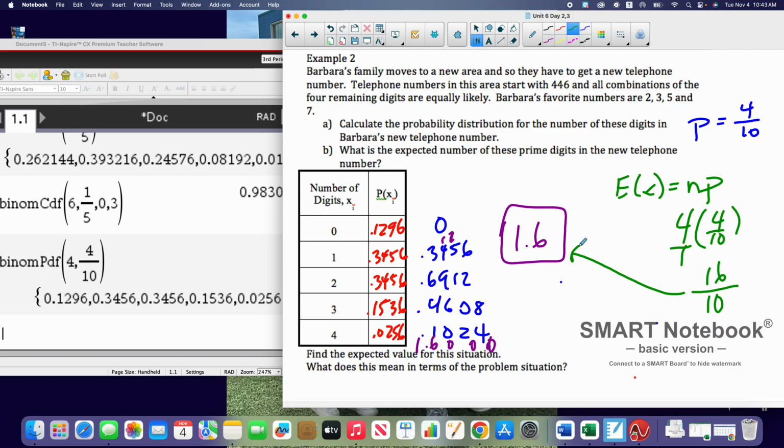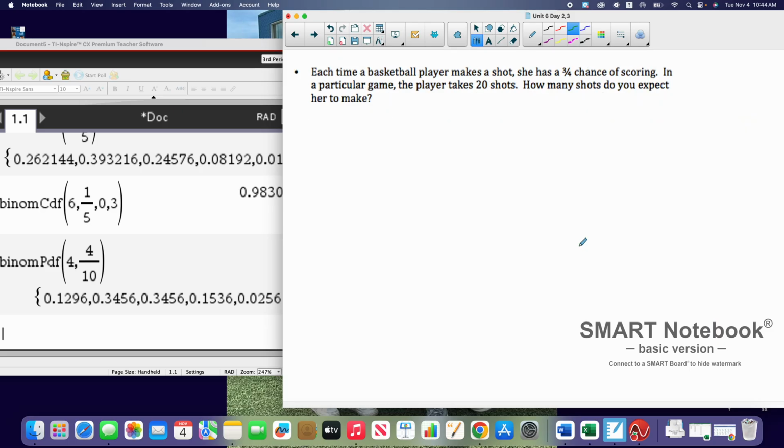How are you supposed to find expected value if you don't know the number of trials? Then we have to build that table and we multiply. That's what we did. We don't know how many times we're getting there. That's kind of what we did on page 590 from the other night. We didn't have the number of trials, we didn't have the probability of success. All right. So if we go to the next one,